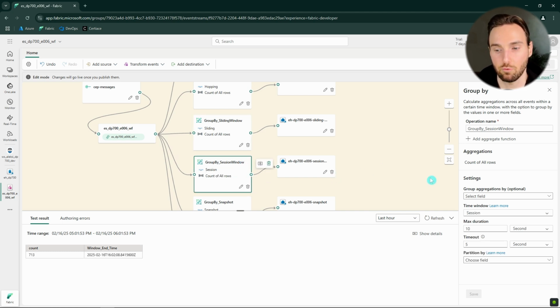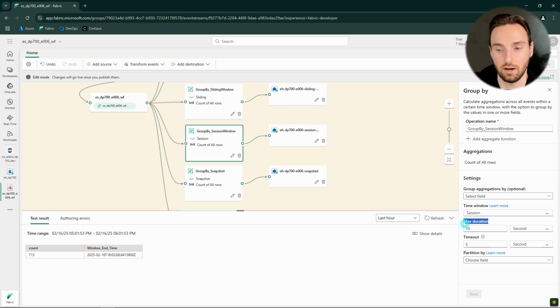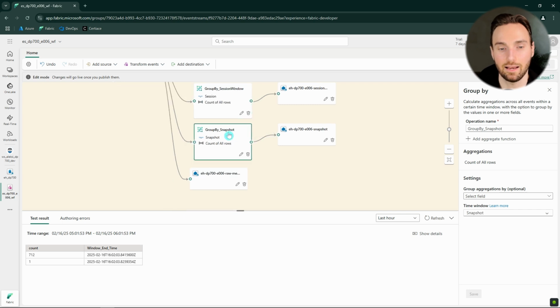And then we have the session window, and for this we have to specify that max duration and also that timeout that we discussed. Then we have also that partition option, so we can track different partitions so that we could, for example, track session per customer ID or device ID, so that we would keep them as individual sessions and not track everything in one session. That doesn't probably make sense in most scenarios. And then lastly, we have the snapshot, and here we can't really configure much since now we are just taking